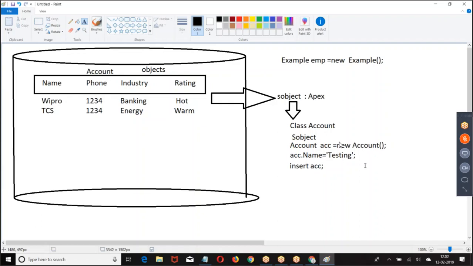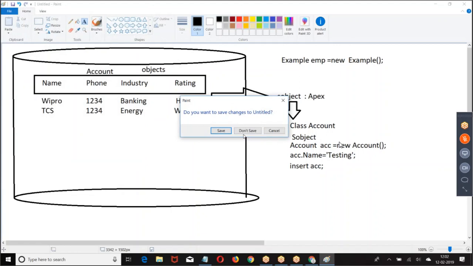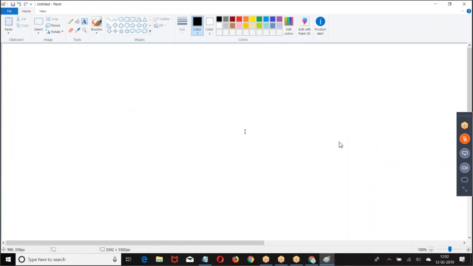Every object has an equivalent Apex class. Using that class, we are going to use it. Is that clear? Why are we insisting? So that the terminology is clear to you. Down the line, when I use a terminology, you should understand. Is that clear?